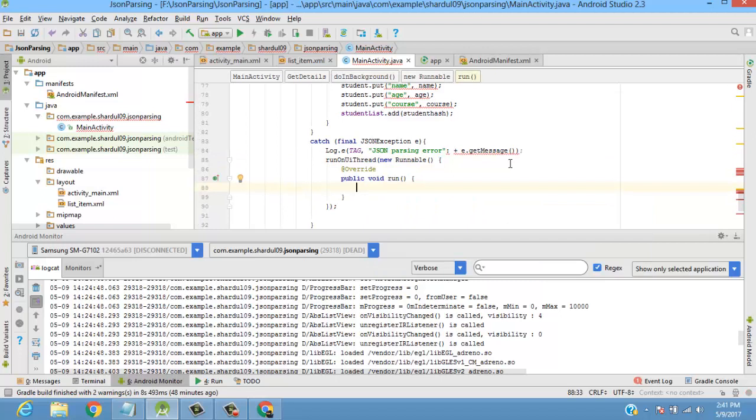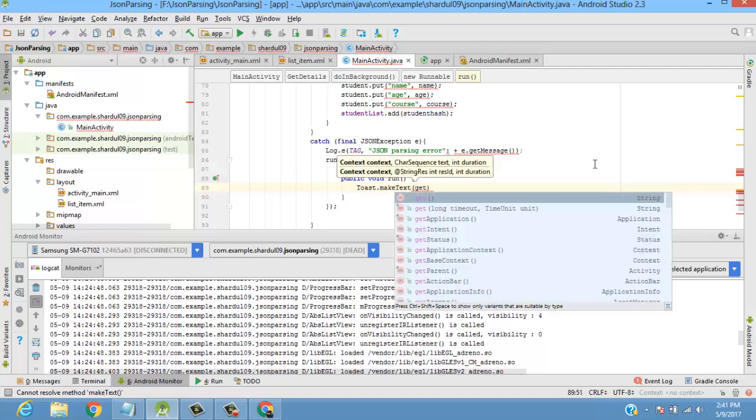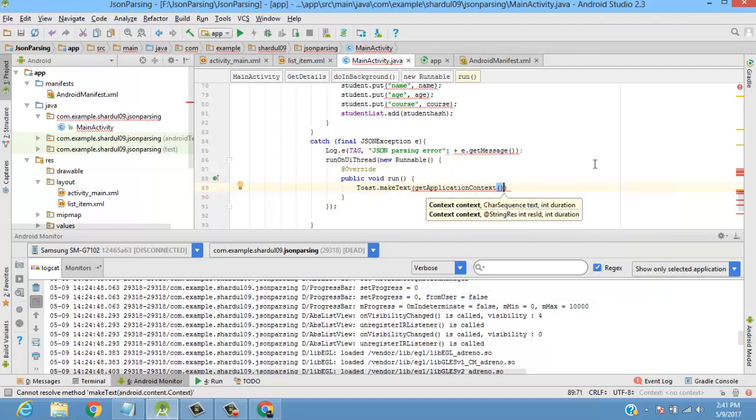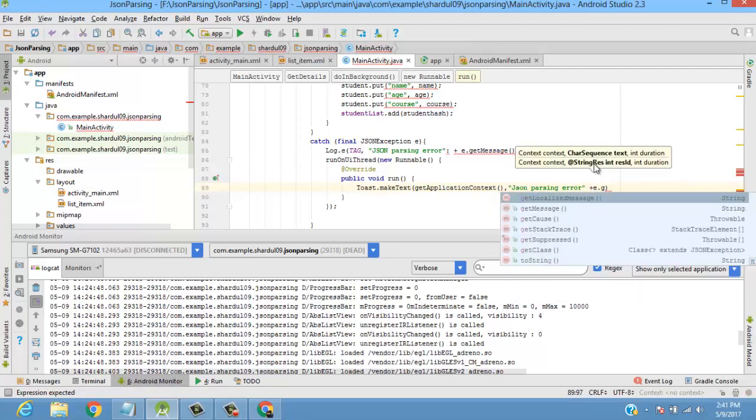It will override the method run, and there we'll print our message as toast.make text, so that if exception occurs, it will go into the catch, it will print the message and it will show in our toast form. We'll say as get application context, comma, we'll say JSON parser, JSON parsing error, and we'll say plus e dot again get message,